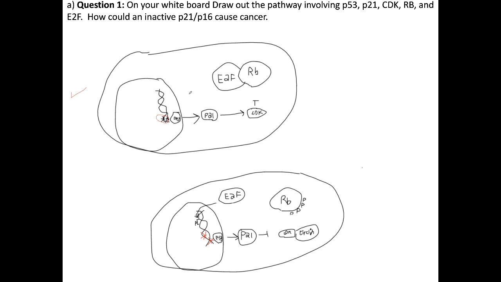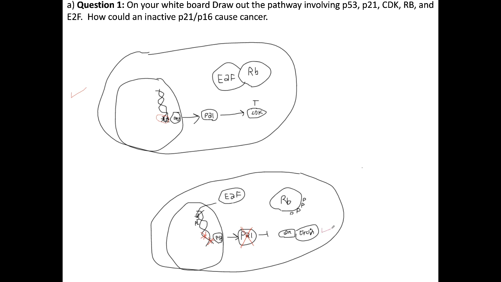Now, in this particular cancer, what happens is that P21 is mutated. I'm just going to put an X through here to show that it's mutated. It's not functional. Now, later on, we're going to find out it doesn't actually have a mutation in it, but we can safely assume, based upon the question here, that it's not functional. So P53 still detects the mutation, and P53 thinks it's doing its job. It attempts to activate P21, but if P21 can't make a protein,